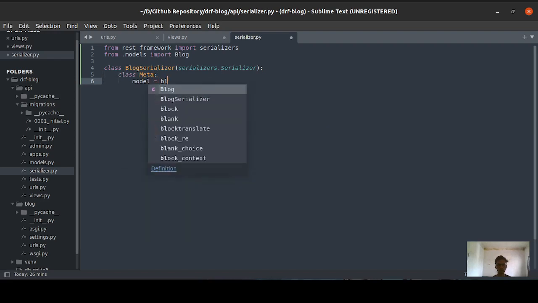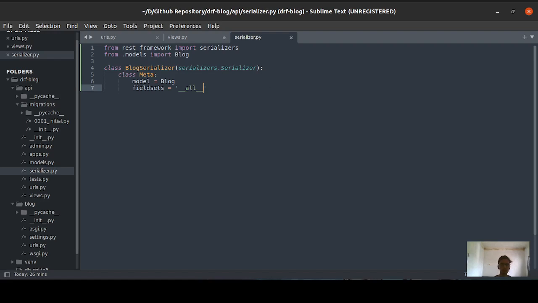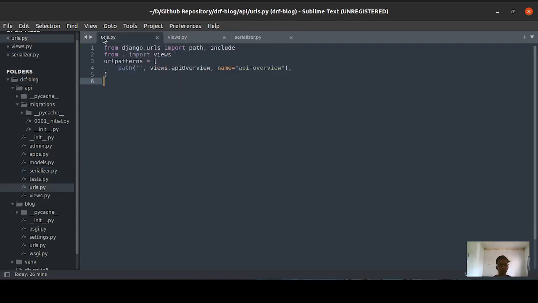Our model is nothing but the Blog model, and we need to take care of all the fields of that model, so you will specify fields equal to __all__. It will take all the fields.